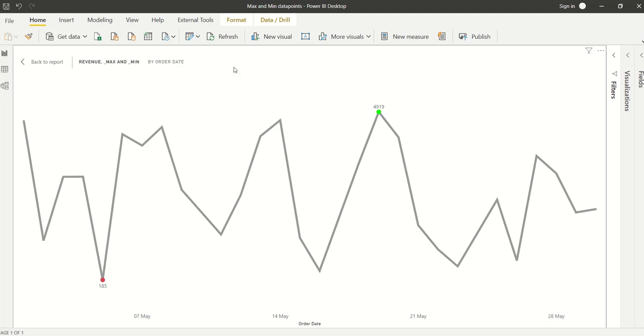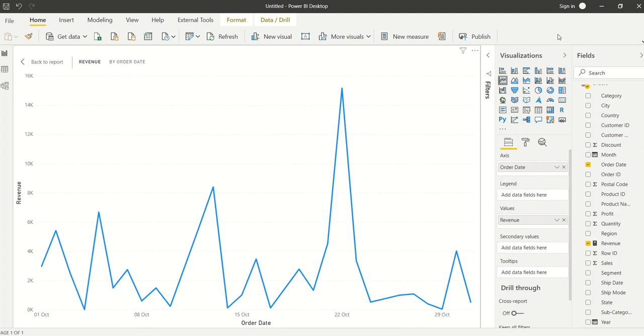So this is going to be the topic of this tutorial, where I will teach you how you can achieve this kind of line chart wherein we can show maximum and minimum points in the form of markers, and we will also add data labels to it so that whatever we want to convey, we can do it using this line chart. So let's begin.